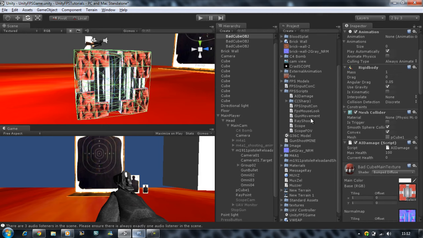Okay, now let's start making this apply damage function work. We need to put a line of code in our Raycast shoot script, which will then look through all the scripts and see if there's something called apply damage, and if there is, like I said, it's going to take action and minus the health of this evil cube. So open up your Rayshoot script,